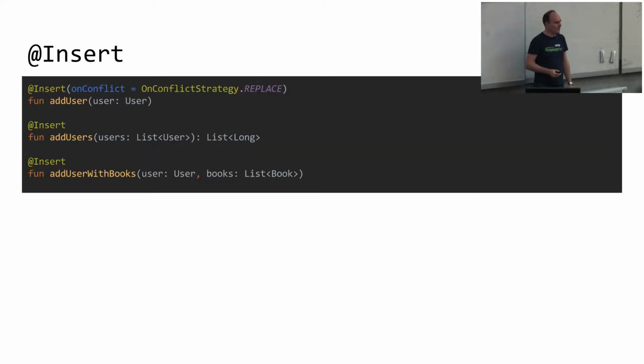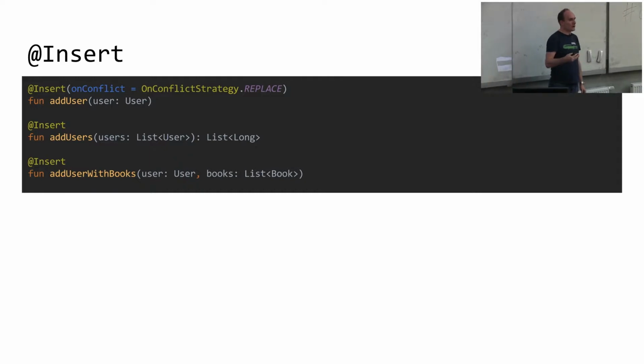Yeah, so we have query. We also have ways to insert things, of course. Insert is pretty similar. For insert, you can specify the conflict resolution. By default, it will throw you an error if this object already exists, or rather, if the primary key of this object already exists. I think it might be common to override the thing that you are storing. So if you have a user, or an existing user, and want to update or override it, you can just set